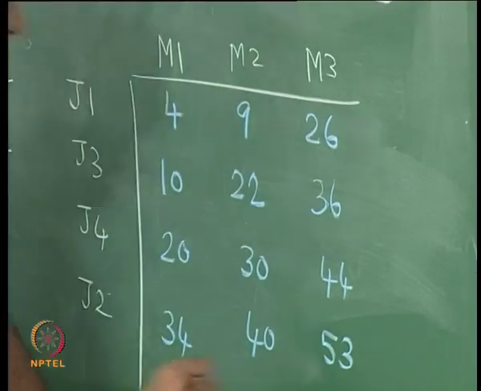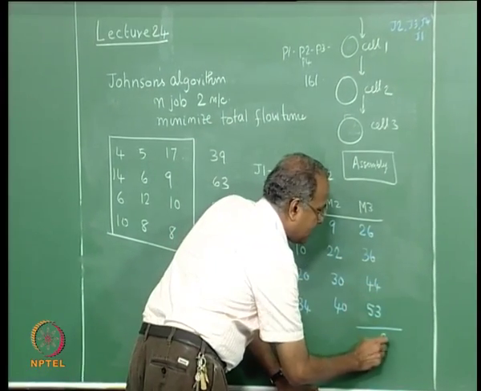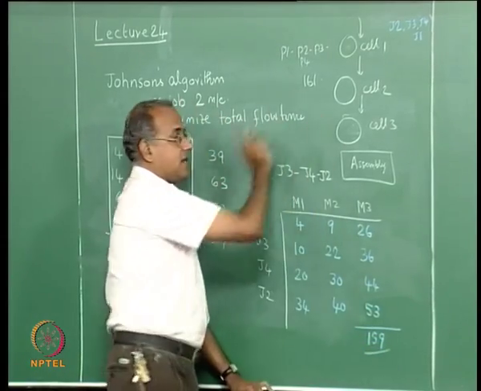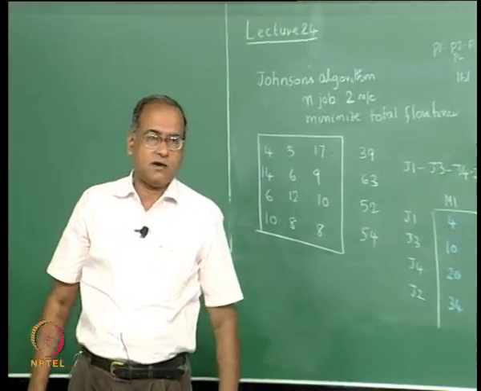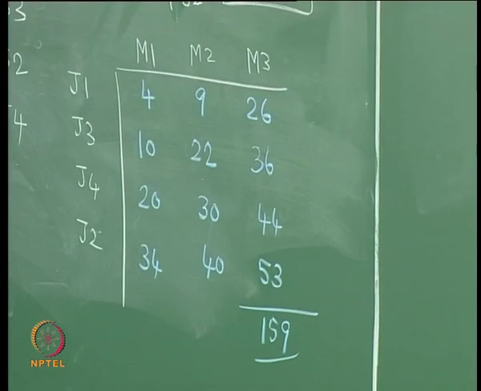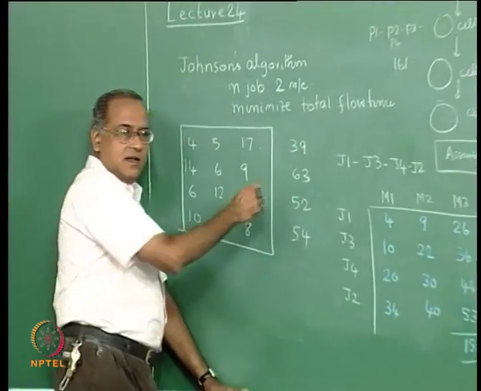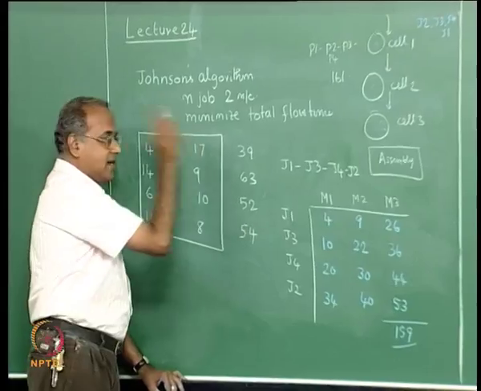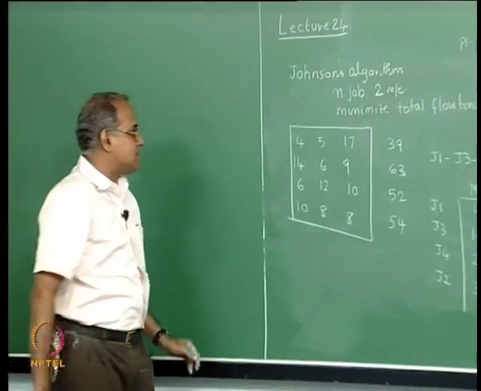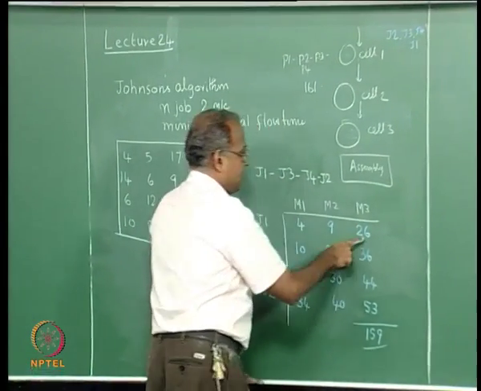Now, the sum of the completion times will be 159, which is better than the 161 that we got. Now, what is the rationale behind this, and why are we computing an index here and then multiplying and getting something? The reason we end up doing that is, if we look at this completion time, which is